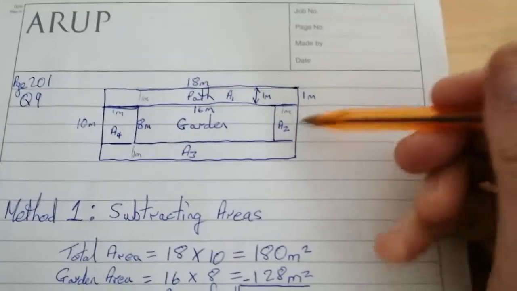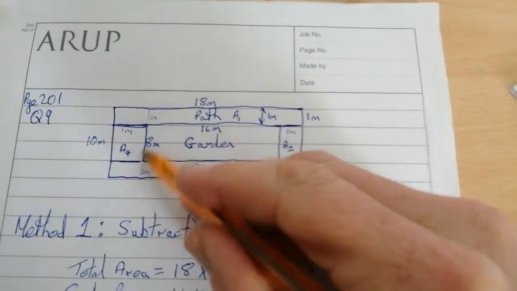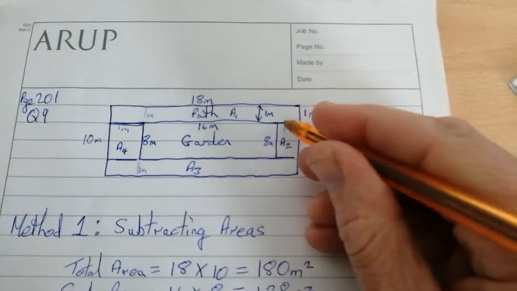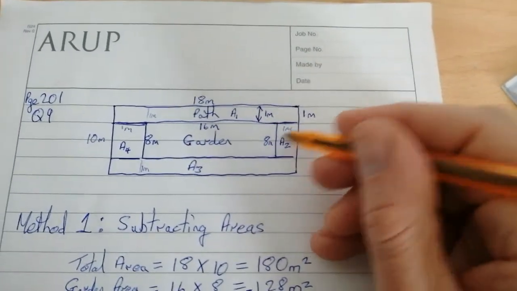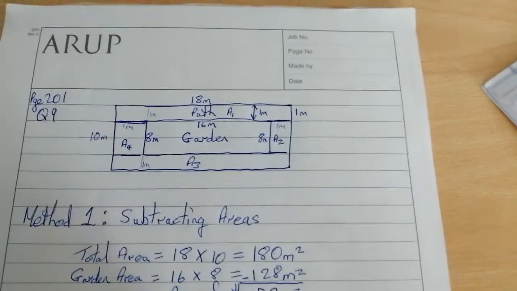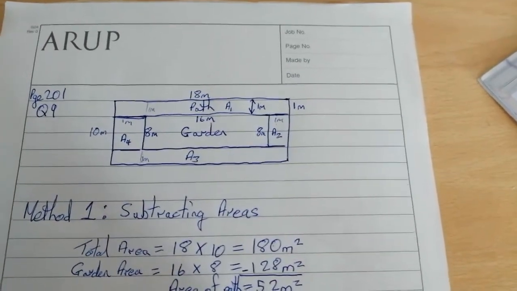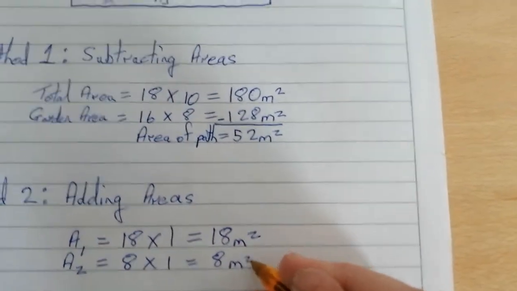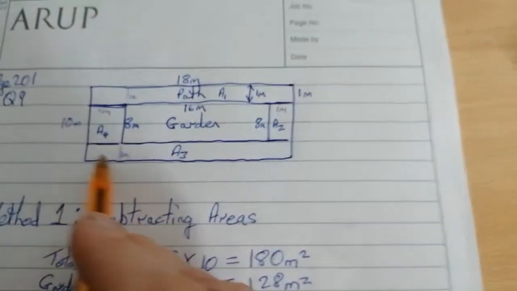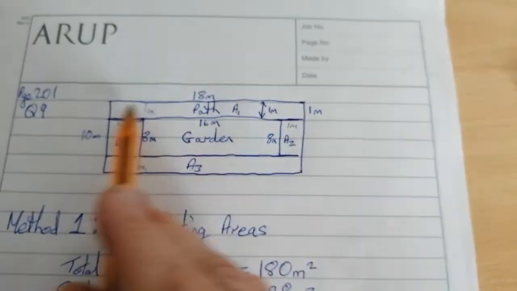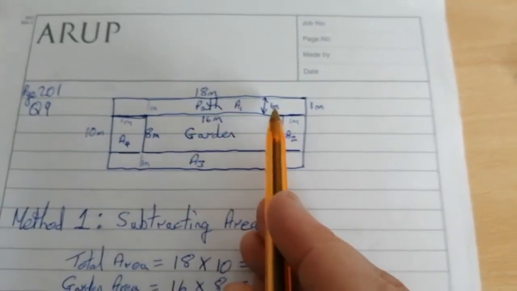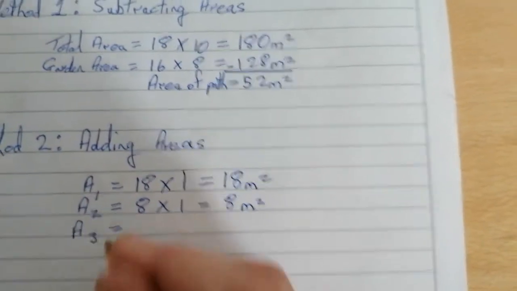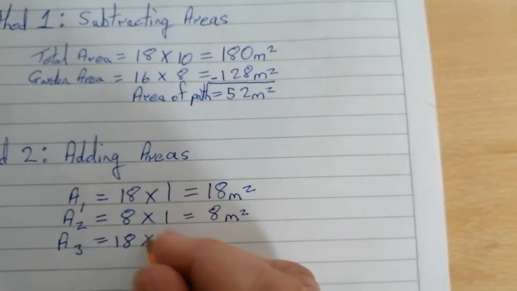Okay. Then A2 is, well, we know that 8 meters there is the same as this 8 meters here. So it's 8 meters by 1 meter across. So that's 8 by 1 will give us an area of 8 meters squared. Okay, so the next rectangle is A3, and we know that's the exact same size rectangle. It has the same area as A1. So what we'll do is we'll write it down here. A3 is equal to the same as A1, same dimensions, it's 18 by 1